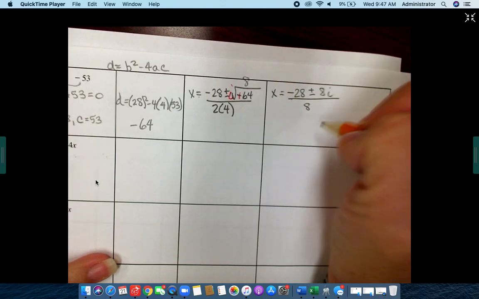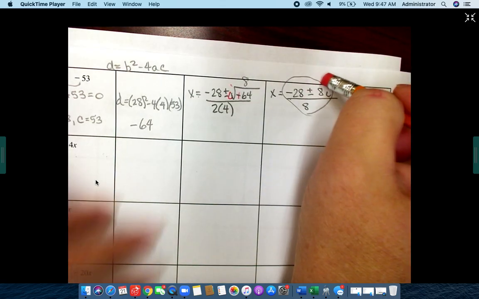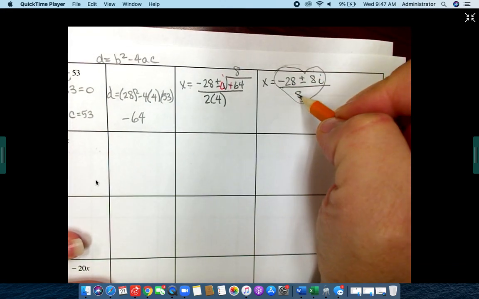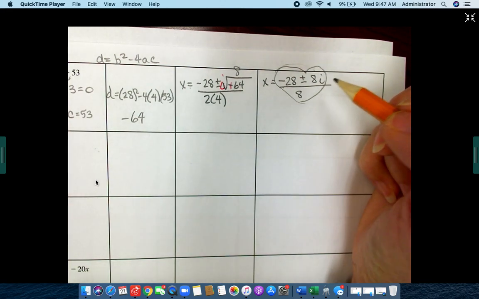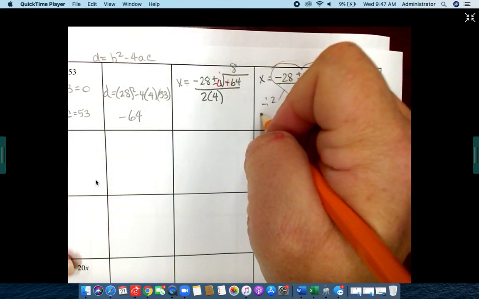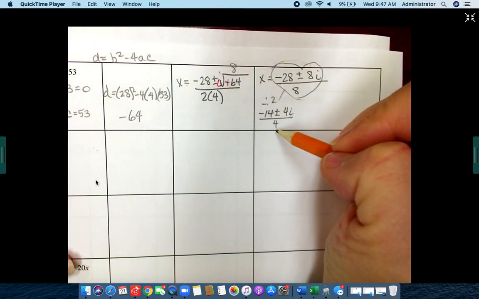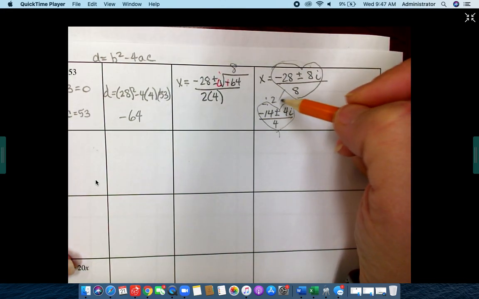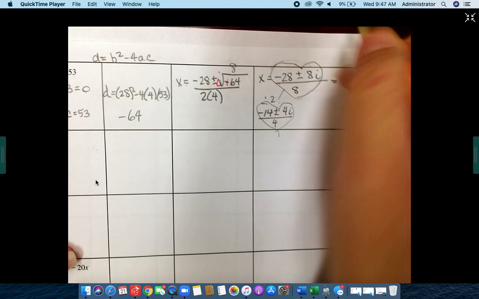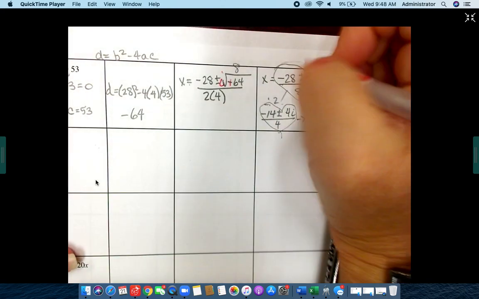But remember what I explained before, that if the 3 numbers here on the outside, not including any radical, have a common factor, then we will reduce. So 28 and 8 and 8, if you start by 2, because they're even, I'll show you what you get. If I divide all these by 2, then I'm going to get negative 14 plus or minus 4i over 4. But notice all of these are still even. So that means that there was another factor other than 2, and that is 4. Some of you might recognize that right away, but if you do start with 2, you'd have to simplify again, okay? But if I use a 4, so if I divide all of these by 4 to reduce,